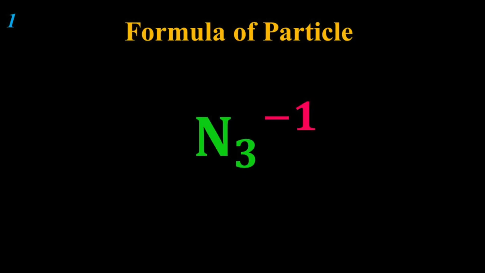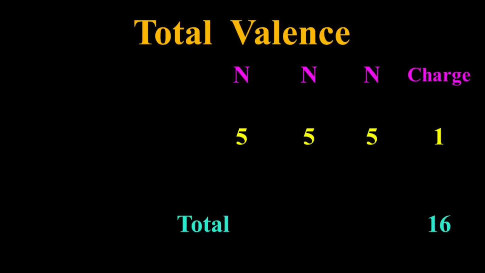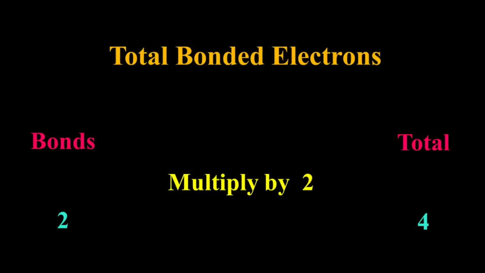And so that is going to be the particle. Notice it has a -1 charge, so you'll add an additional electron. So there we have the arrangement. We don't know if it's going to be linear, but that's all the information we have. So we have 5, 5, 5, and -1. So that's going to be 16. And then we will subtract 4 for the bonding. 2 times 2 is 4. And then that will give us,